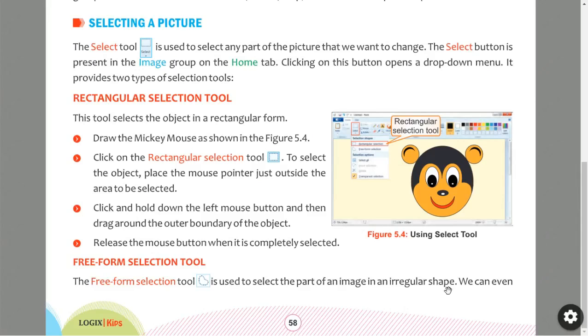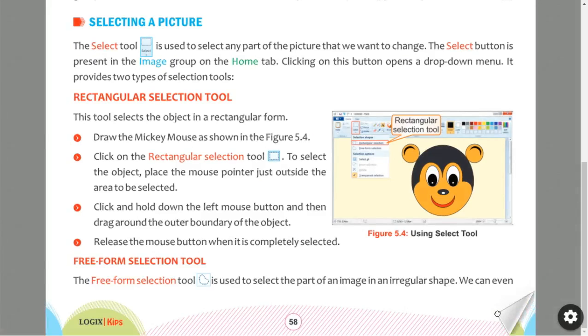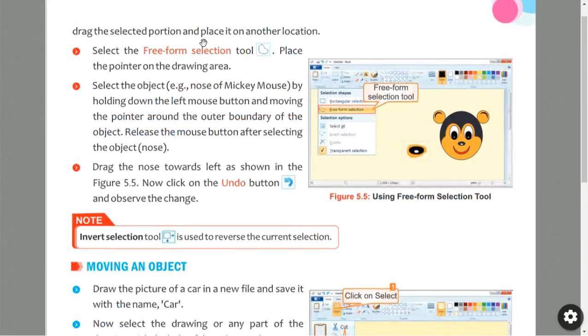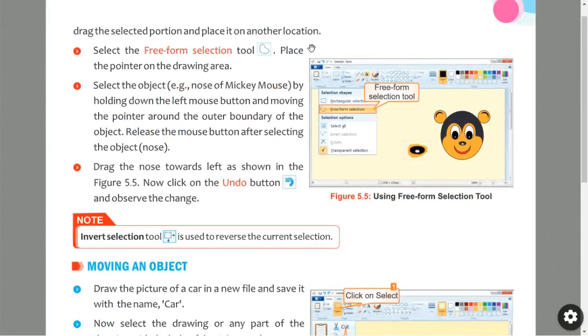You can select as you want. We can even drag the selected portion and place it on another location. By selecting and dragging, we can remove that portion from that object and place it for the other object in another place.